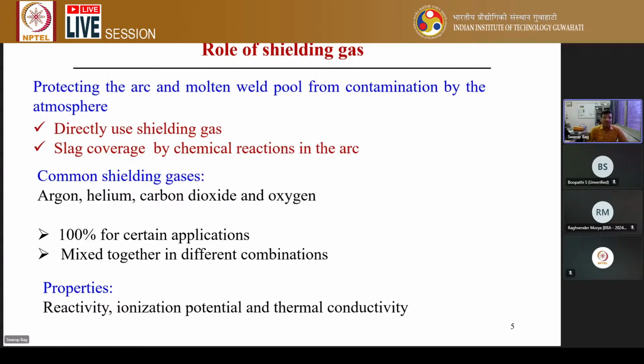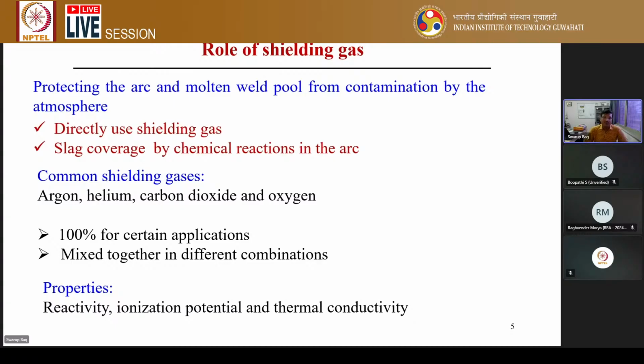They also make the oxides. But in this case, mostly we can use the choice of the inert type of gas. Argon and helium are the most preferred choice for the shielding gas. But sometimes we can use carbon dioxide gas, because commercially we can use it as a matter of cost, because in that type of gas the cost is much more